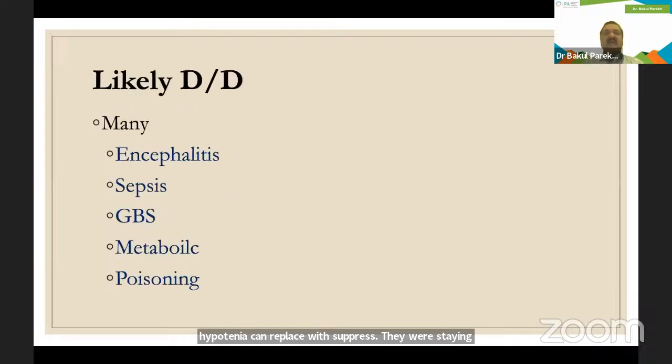And so likely differential diagnosis was encephalitis, maybe sepsis, maybe Guillain-Barré if an older child, metabolic and poisoning. So many things are there. So whenever there is sudden onset without any positive history, we have to think laterally. And by the time we come to some diagnosis,